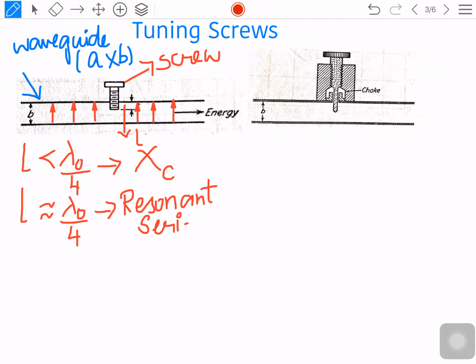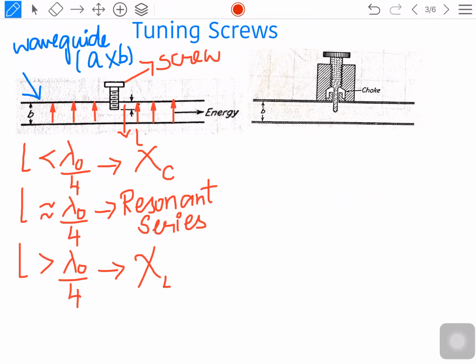It will be a series resonance. If the length of the penetration of your screw is greater than lambda naught by 4, then the screw will act as an inductive window, and the inductive susceptance value will keep increasing, and it can even reach an infinite value.